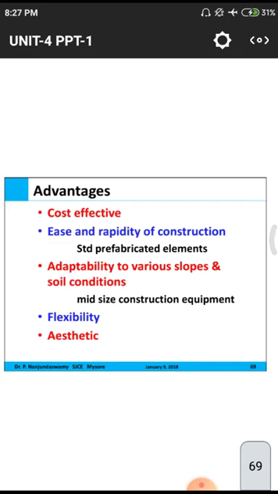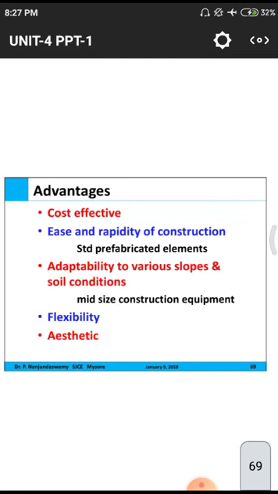Simply we need to spread the sheet, and after the spreading is over we go for spreading of the raw material. After that we go for compaction, and then we give some coating to the road. It is very easy to construct, and rapidity is also there. Rapidity means we are moving fast.